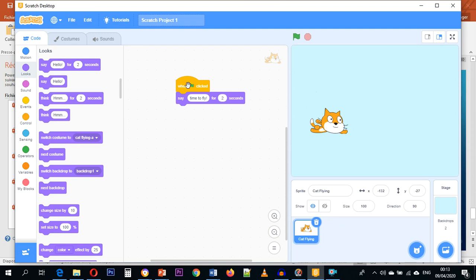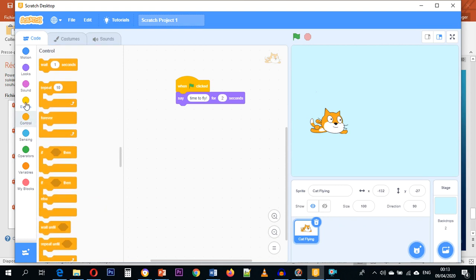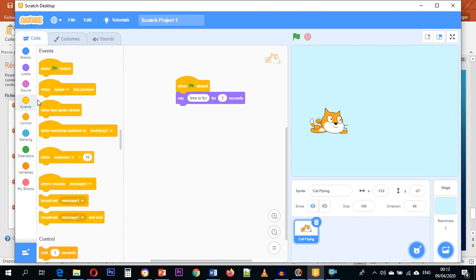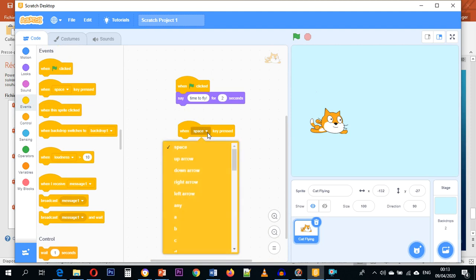So what we are going to do, we start with the events. We want, when the arrow key, let's start with the up arrow, when the up arrow is pressed,